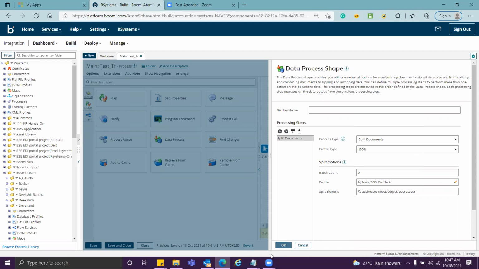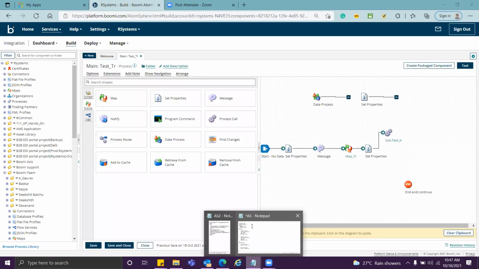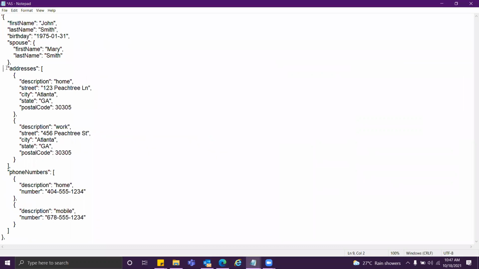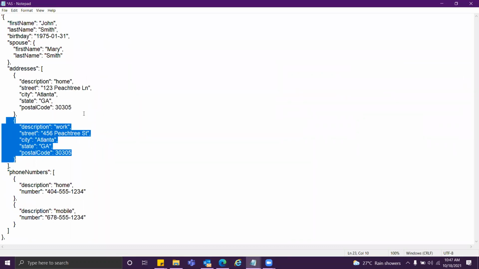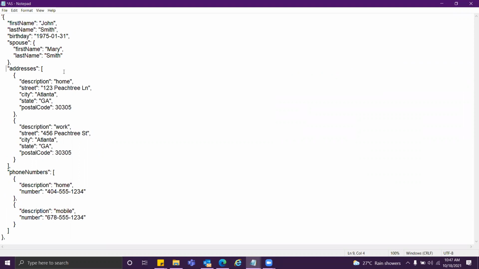So suppose I have this one document that has 2 addresses. All right. Address 1, address 2, right? But they all come under one array only, right? But say I have, instead of these phone numbers, one more of this.